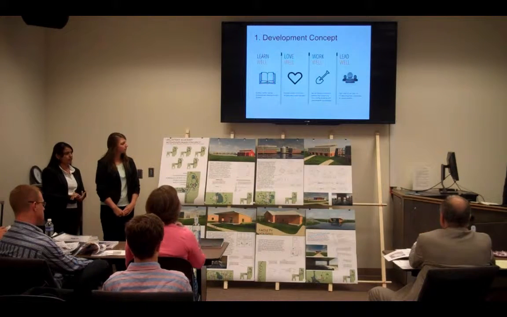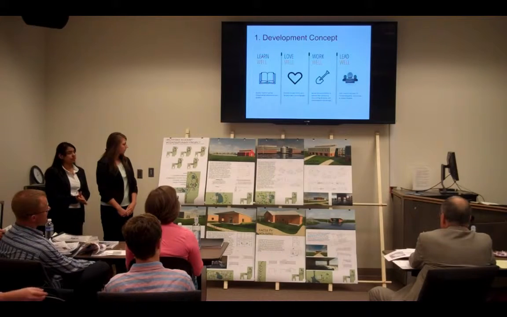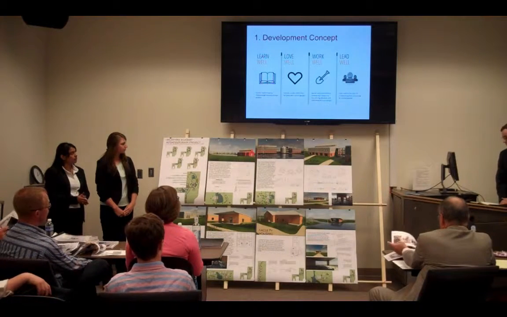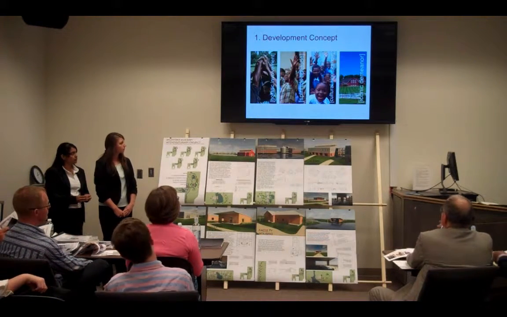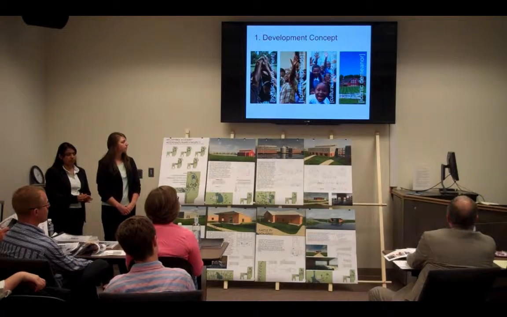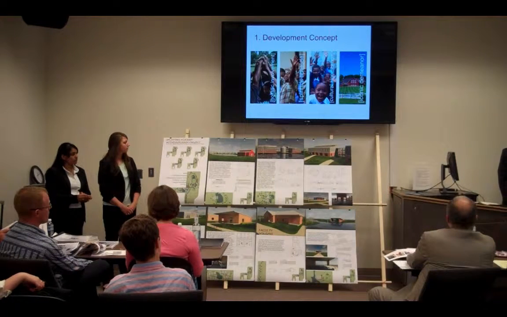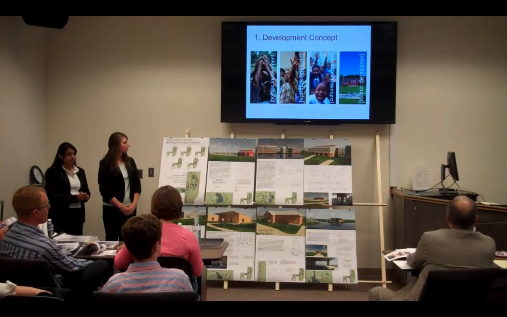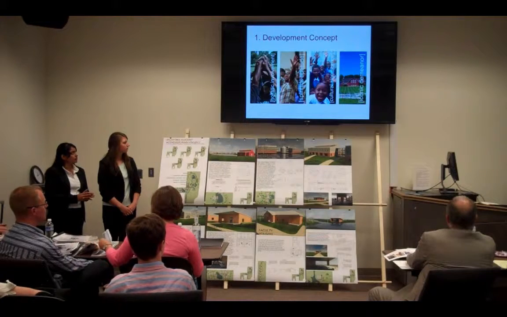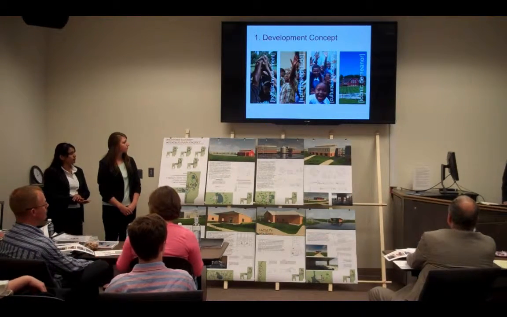The existing values that model the principles important to RIVERTREE are learn well, love well, work well, and lead well. What we did was we took this idea and we came up with our own values that influence both the design and functionality of the campus. Each of these principles applies to the overall design of the campus and the children who will be residing at RIVERTREE. So we came up with holistic involvement, spiritual aptitude, cultural significance, and iconic demeanor.